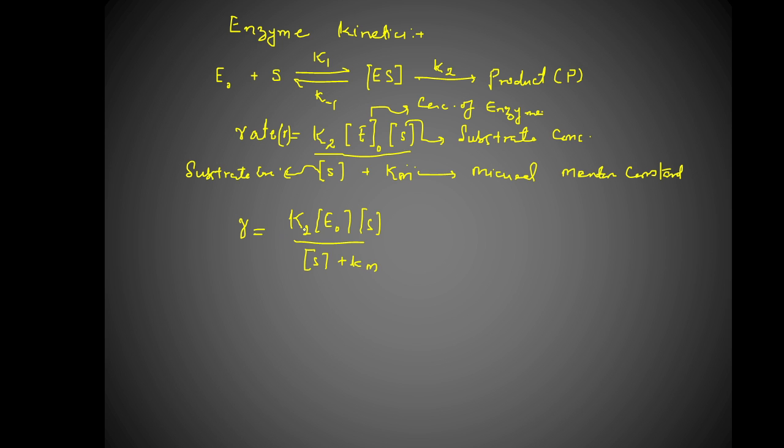So now here the term K2 into E0 is called a maximum rate, or maximum velocity. It's called maximum rate of the reaction. So I'll write over here maximum rate, that's R max, where K2 into E0 is called a maximum rate. We represent this maximum rate as R max, or sometimes it can be represented as V max. So in place of K2 and E0, I'll write R max. So this R becomes equal to R max, or in some books you will find V max,